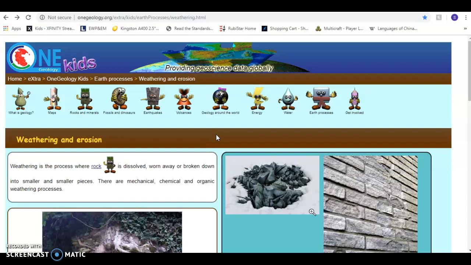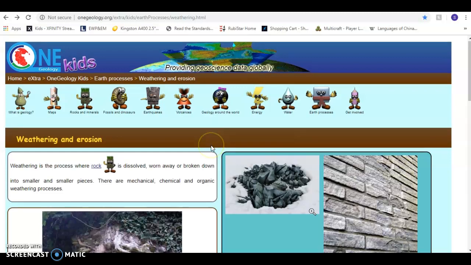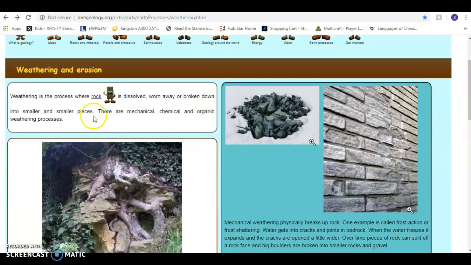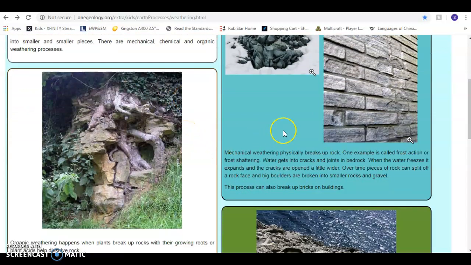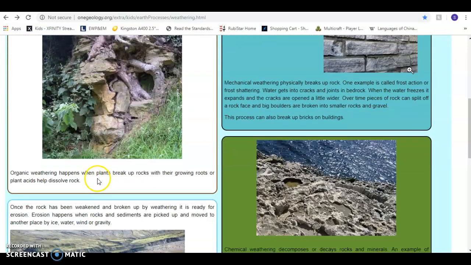And so here I've pulled up this page which goes into detail about weathering and erosion. And here we have our broad definition of weathering. Weathering is the process where a rock is dissolved, worn away, or broken down into smaller and smaller pieces. There are mechanical, chemical, and organic weathering processes, and this then goes into detail about